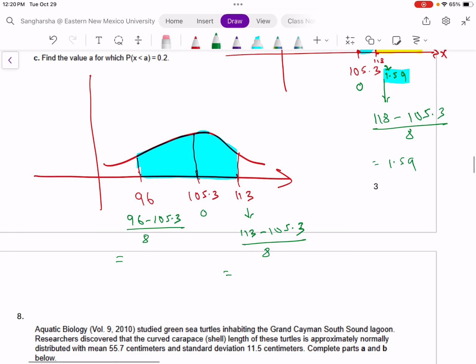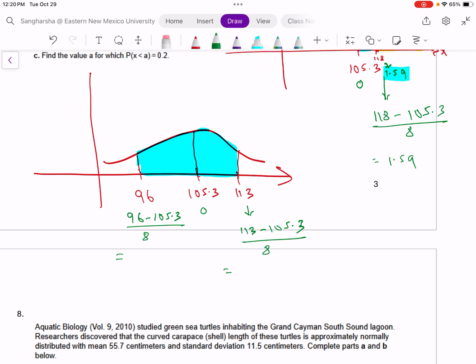So what do we have as the Z value for 96? 96 minus 105.3 divided by 8. And what about 113 minus 105.3 divided by 8? It's 0.96. Now you use your Z table and look for the value 1.16, and that gives us the area